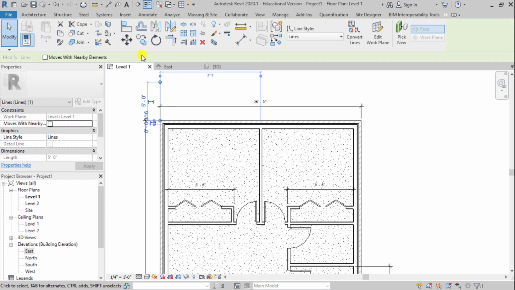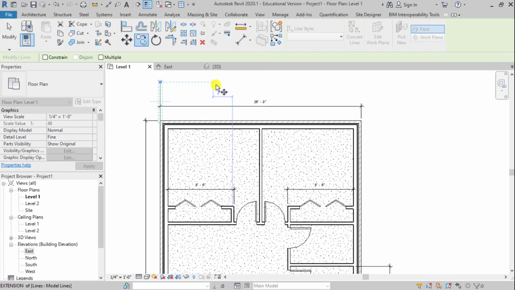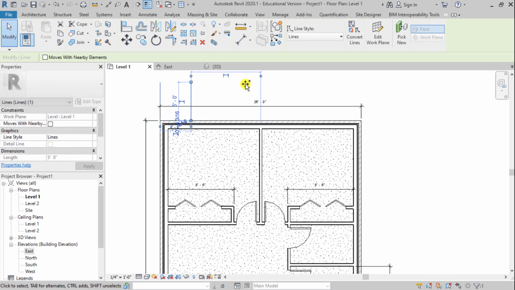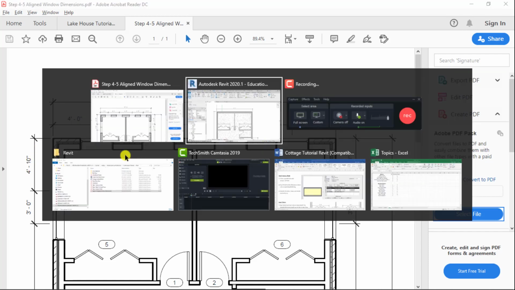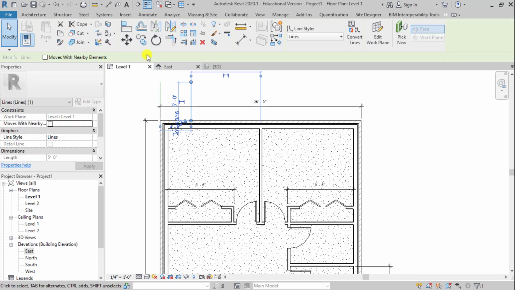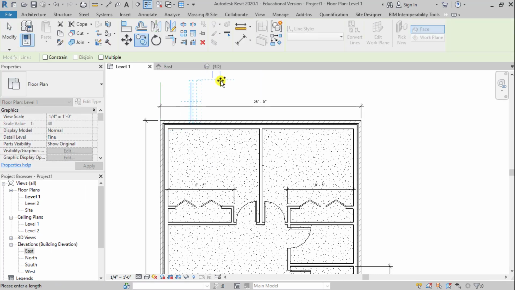So we're going to pick this line, use our copy tool, pick a base point, and just like a move, we're going to type in our distance of 4 feet. And we've got 5'8", and then since these windows are symmetric, we're going to just go ahead and mirror them. So we've got 5'8" and then 4'10" to the next window. So if we take this line, copy 5'8",